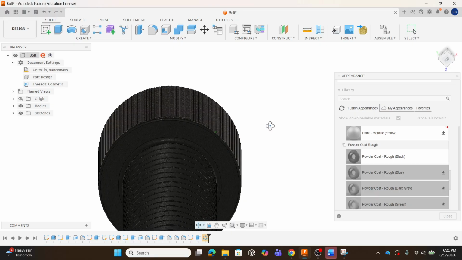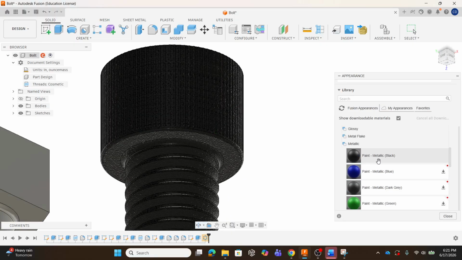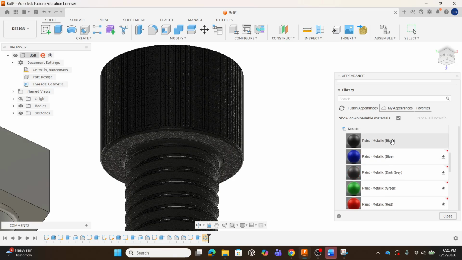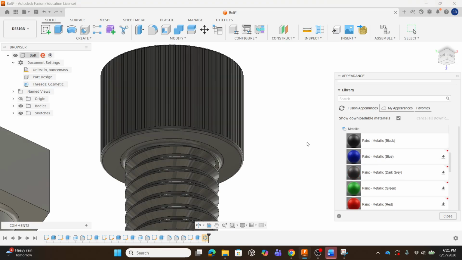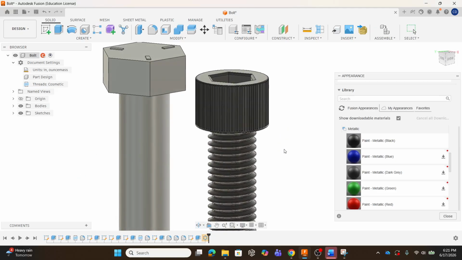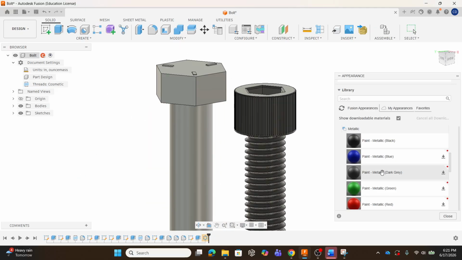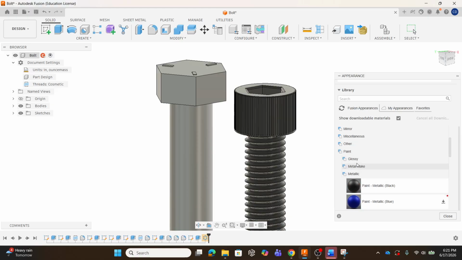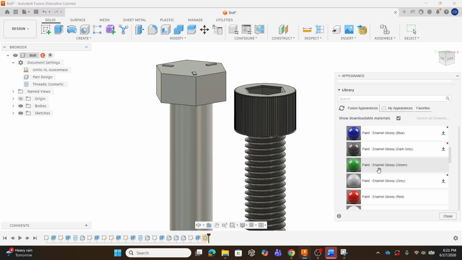I don't like the texture on the outside though. There's a lot of options. If we continue to go through the whole entire library, you would see it. I'm going to go back to this one just so it was closest to it. And then if I want this bolt to be more silvery, let's go with the